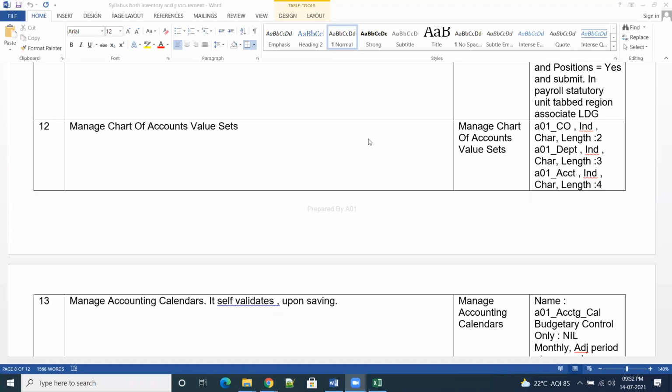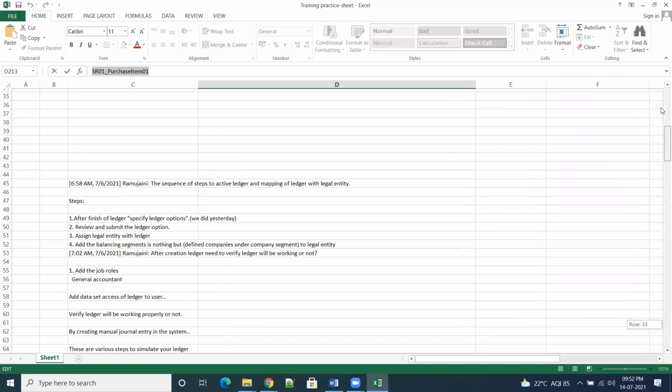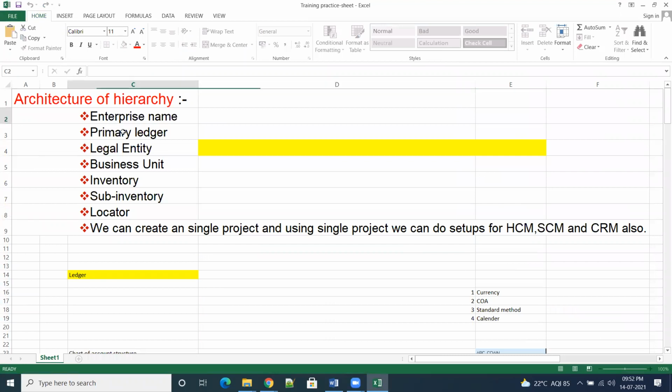If you take any module in the cloud, these generic setups are mandatory. That particular setups we covered in 1 week, hardly 1 week. Those setups I'll show to you.